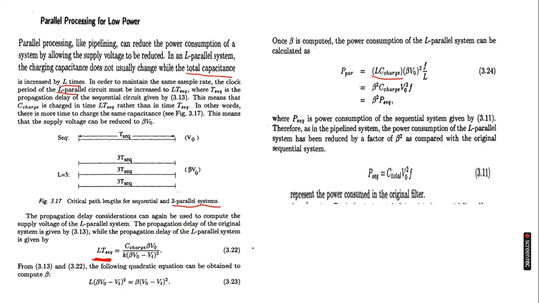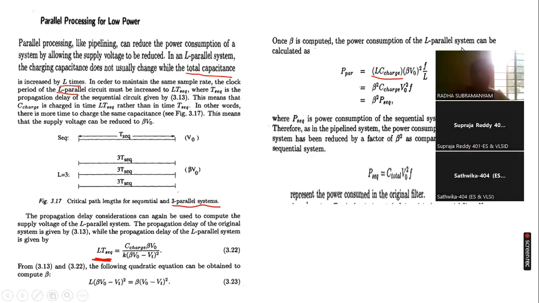T sequence will become L into T sequence. And the total capacitance is also increasing by L factor. And V naught, the supply voltage, also changes by a factor beta. And